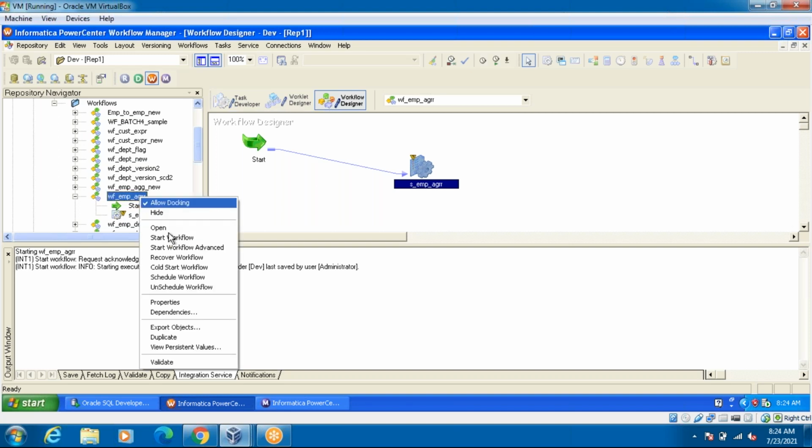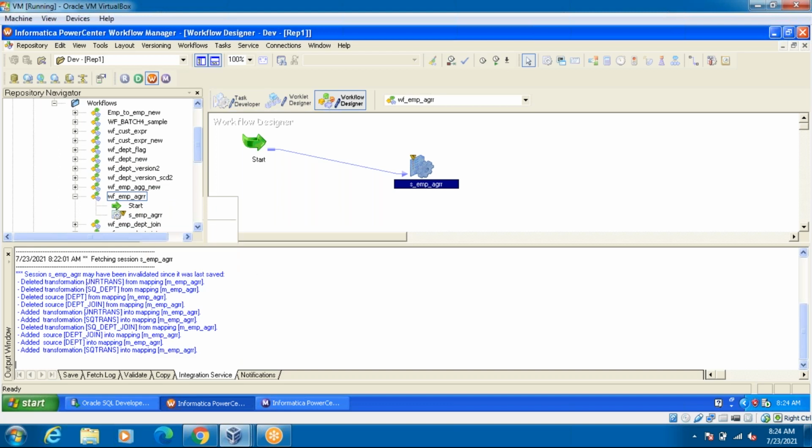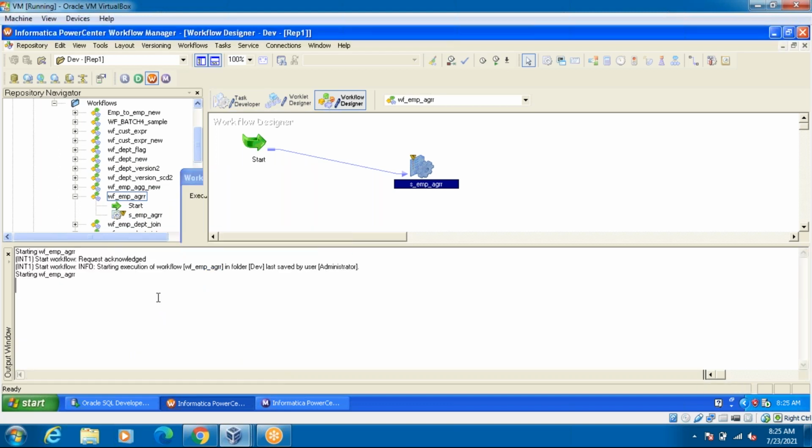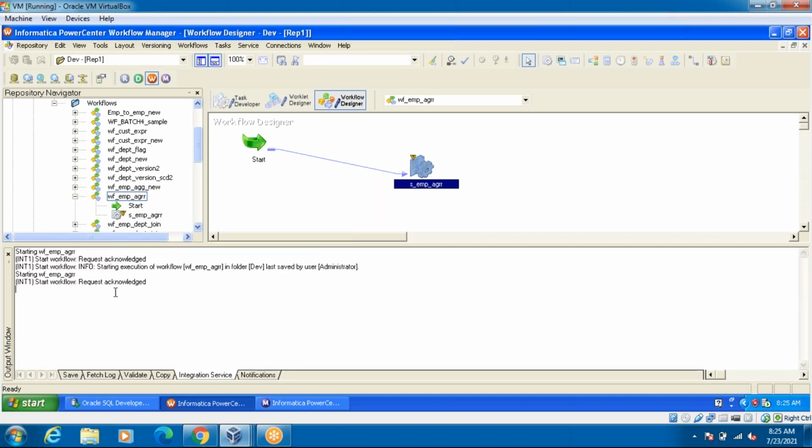Something happened with this issue. Last saved by the administrator. What happened?